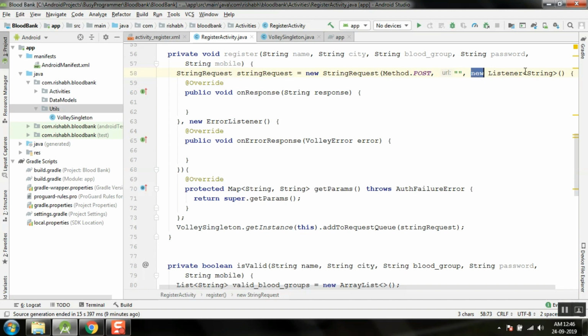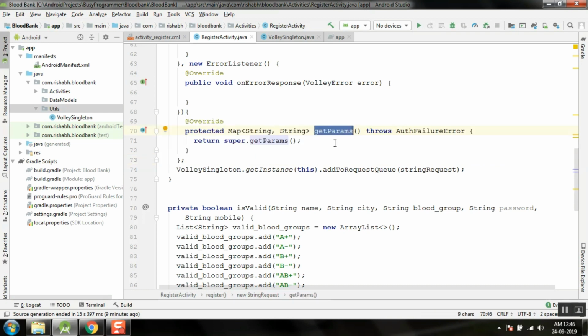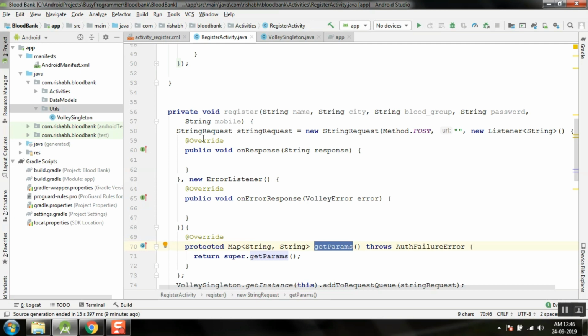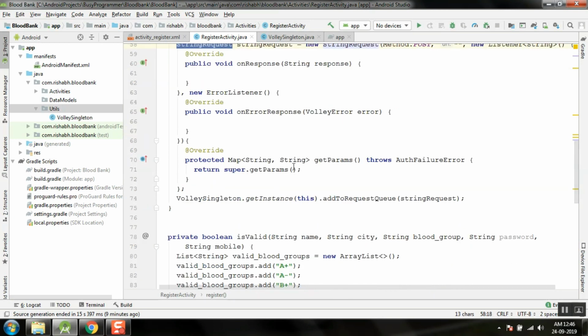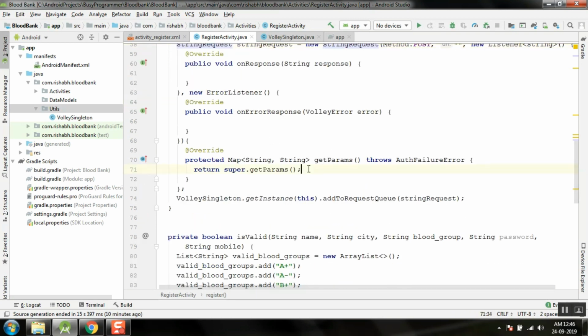And then we have listeners: on response, the response that we get after the string request is executed, and then an error listener in case some error happened during the HTTP call. Another thing that we have added here is we have overridden the getParams method of the string request because we want to add some parameters that we have here to this post array. How we do that is